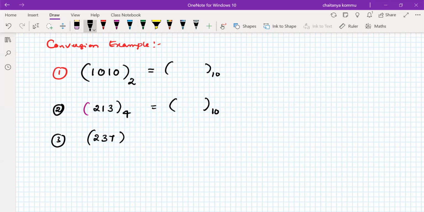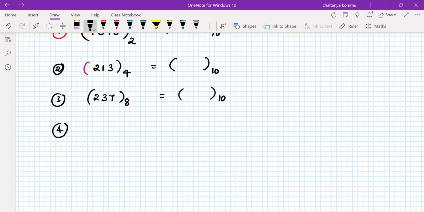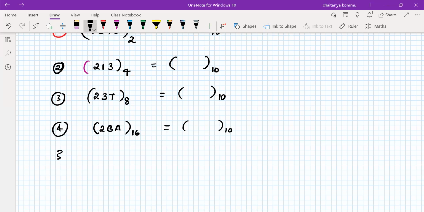7237 of octal into something like decimal. For example, 32BA is multiplied with 16 into the system. I don't want to go into more details, so I want to do it only for small things. It is applicable for any other conversion also. In fact, any number system, it doesn't matter. I have considered any radix. It may be 2, it may be 4, it may be 8, it may be 10. So for the example, this one also,